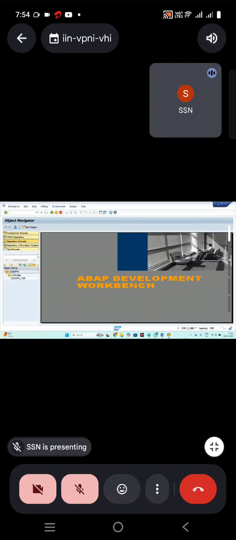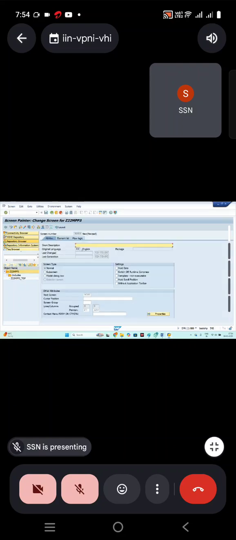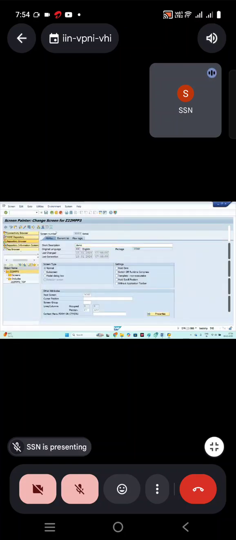We activated only the program and that is available, but the screen and all is not activated. That's the reason it's gone. Demo. First I'll activate the screen. Then I'll go to the layout. I'm just going to design again.